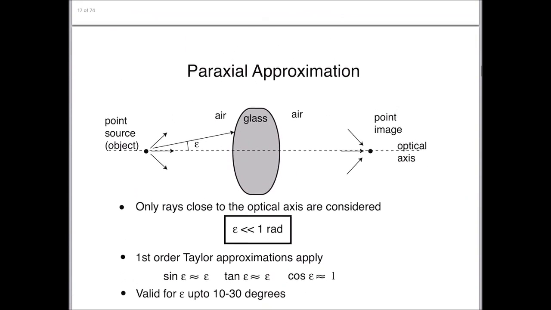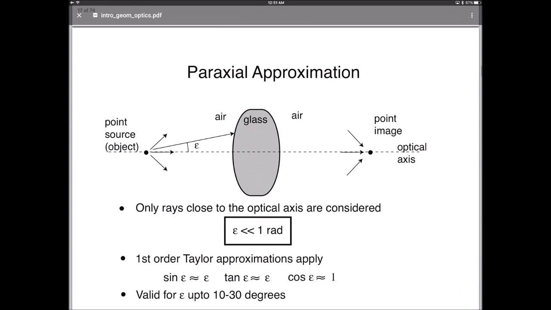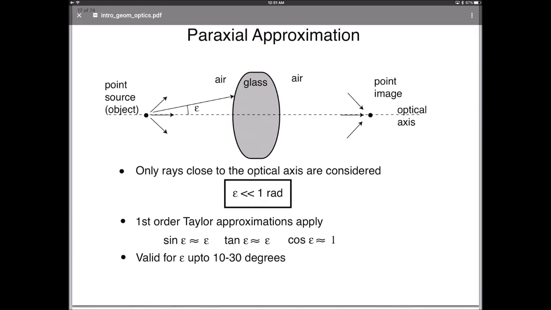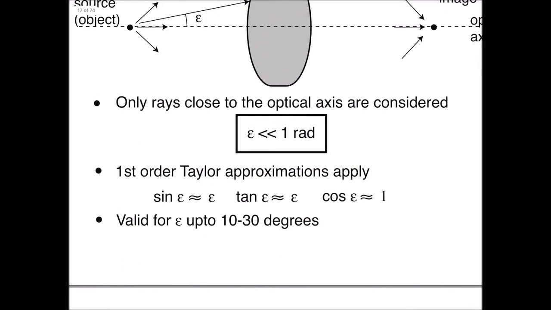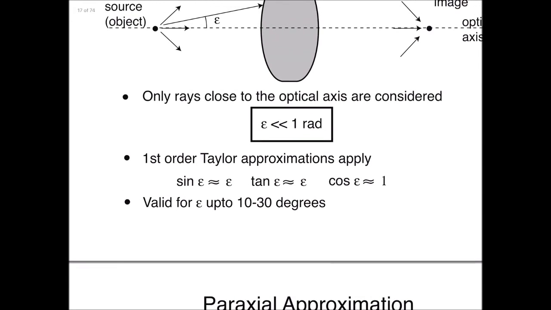Okay, so now we come to a very important approximation when we want to solve these equations. And that approximation is that we will be dealing with rays which are coming toward the lens or the optical system at angles which are very, very small. So these are rays which are traveling very close to the optical axis. What is the significance of this assumption is that in the next few slides, when we do some trigonometry and geometry to solve this imaging situation,